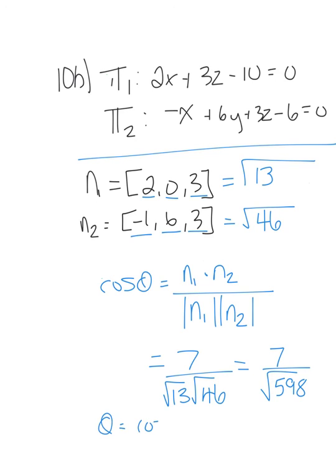If I want to find that angle, I need to do cos inverse of that. And when I do that, I'm assuming this is what you did. Maybe you were off by a little bit, but if I do 7 divided by the square root of 598, and I take the inverse cos of that, I do get 73.36, so 73.4 degrees. Let me go back. I think you said 72.7, so I don't know if you made a little mistake in there or something. I did notice that the textbook does say, let me just go back here. Sorry, 1 second. The textbook does say that the answer is